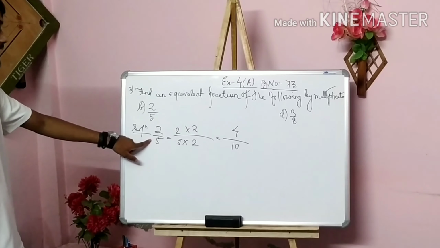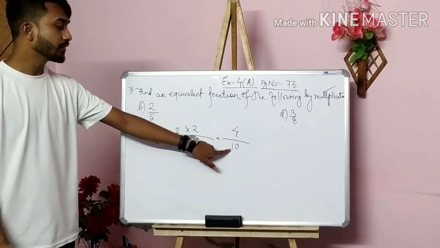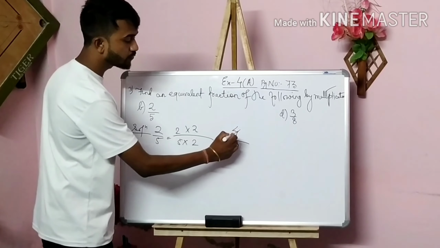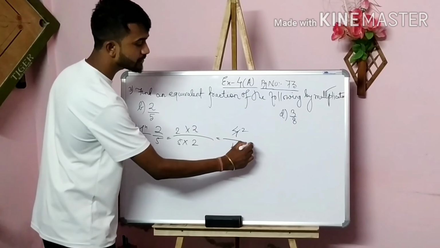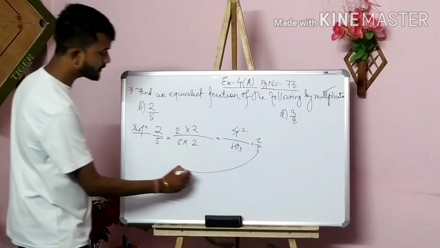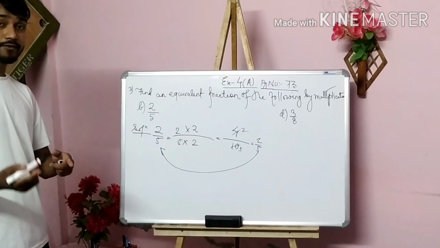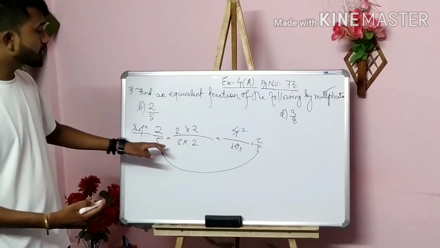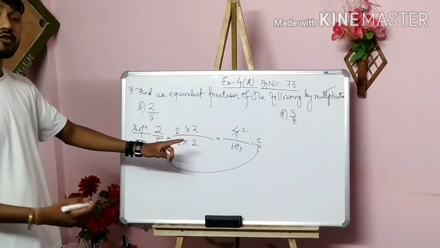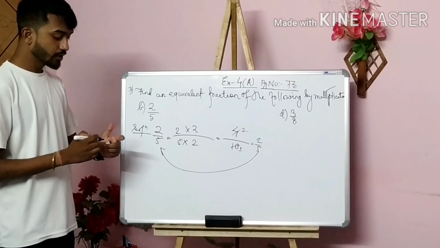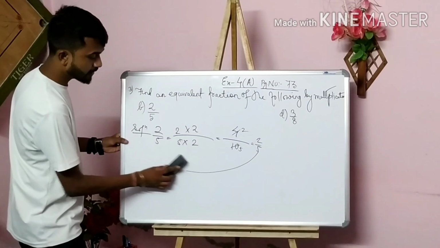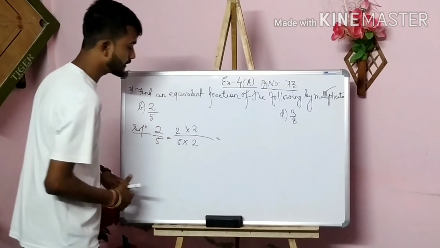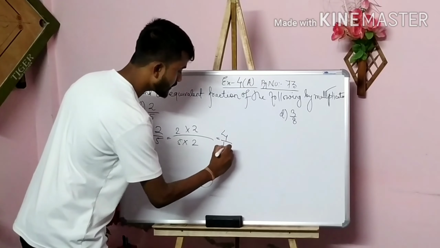You see here, 2 by 5 is also the same as 4 by 10. Why? Because if you divide this by 2, 2 2s are 4, 2 2s are 4, and 2 5s are 10, you will get 2 by 5 again. I said earlier that whenever you convert equivalent fractions, you will get the simplest form as the question here. So you don't have to cut it here. This is just for explanation. You have to write only till here: 2 2s are 4 and 5 2s are 10.